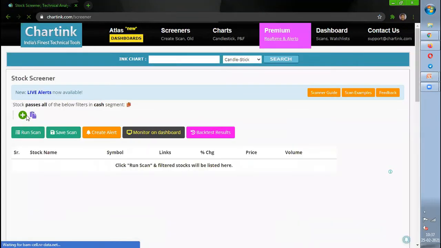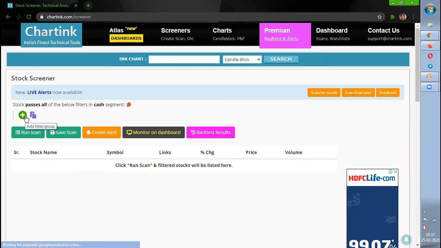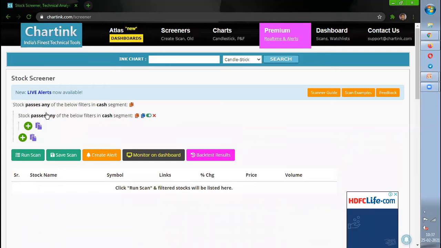Okay, so I'm creating a screener. Basically, you need to get an alert if it is a green Marubozu candle, or you need to get an alert if it is a red Marubozu candle. So what I'm trying to do is write both the codes in a single screener. So I'm just doing this.